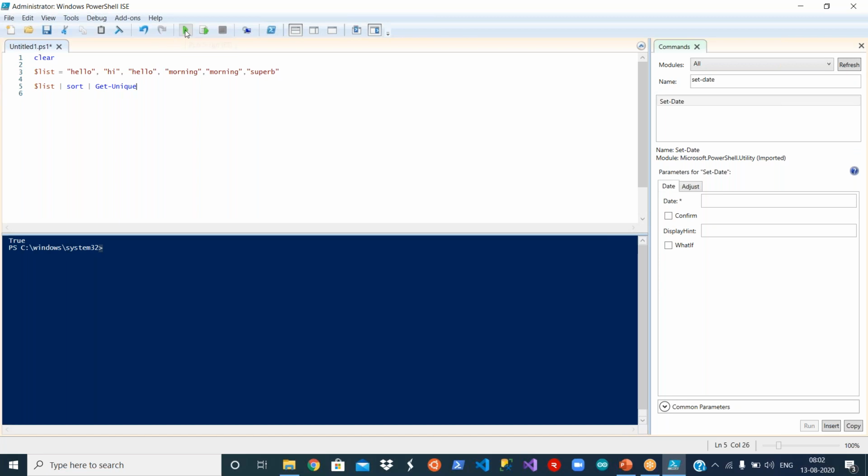Let's execute it now. So basically I have 1, 2, 3, 4, 5, 6, 7. You see now hello, hi, morning, super. One instance of each is available. The intention I am using this command is to show how you can use multiple commands on a single line to work on a specific data. Okay.